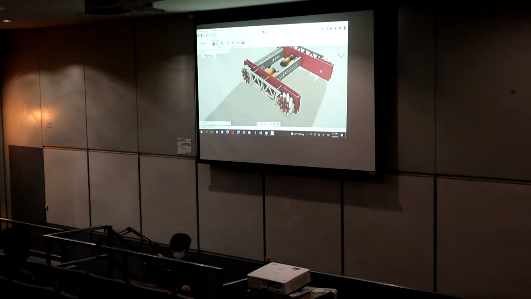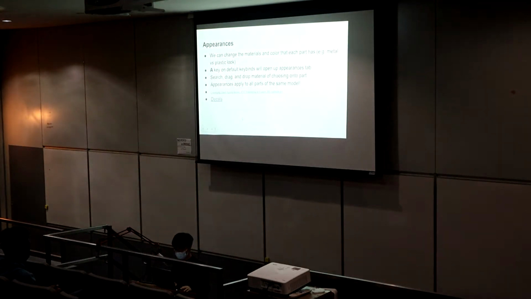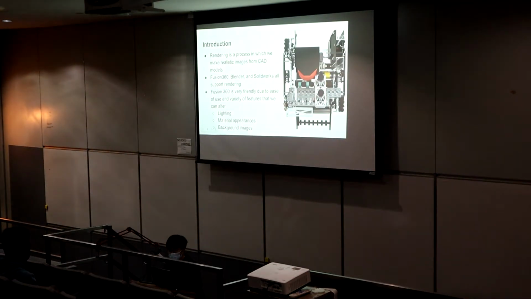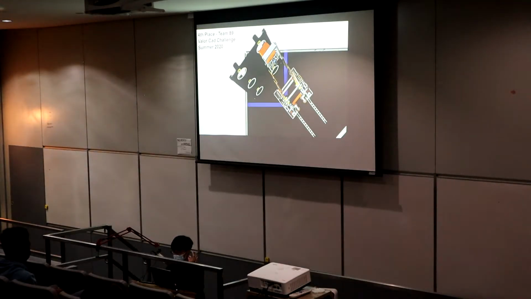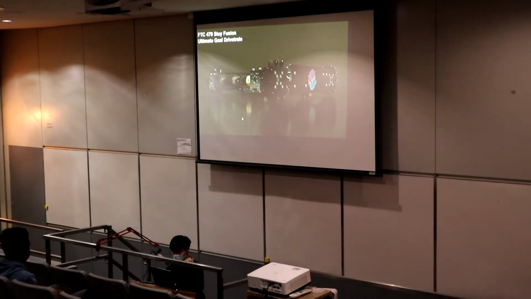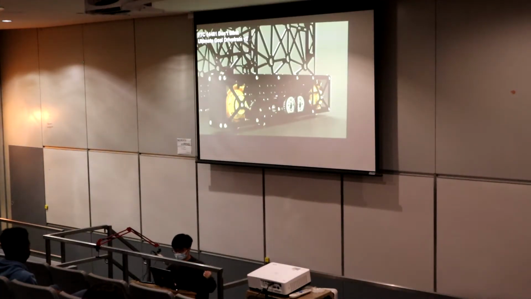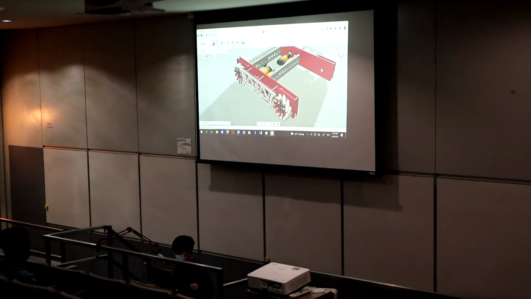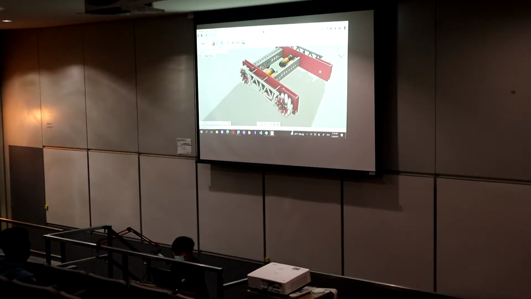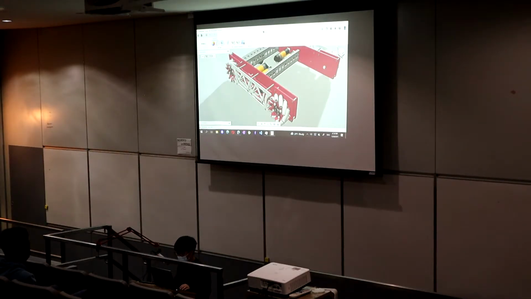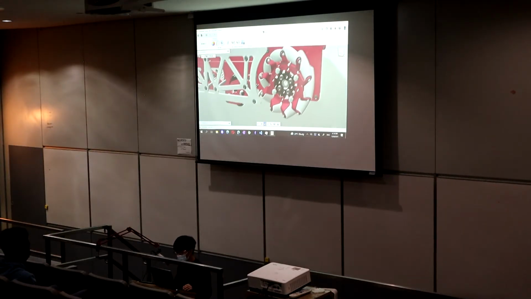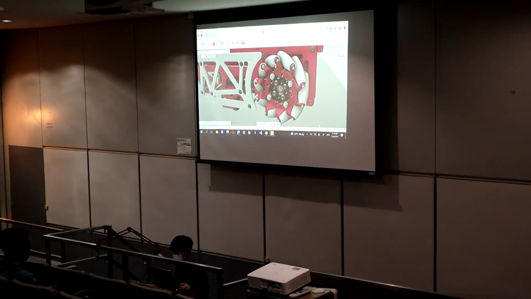If you're coming in late, we're doing rendering, and just a quick background: rendering is pretty much creating realistic images of our robot from CAD models. Just to show you some realistic images, there's this drivetrain from last year, and then there's a drivetrain from another team. The first thing about rendering is that we can select appearances for our robot. Right now everything looks pretty matte, like a plastic color, right? And if I press the A key on Fusion, I can